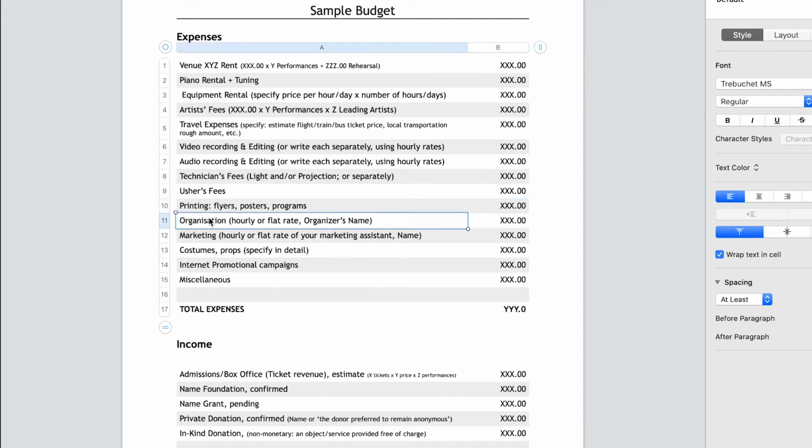Organization, this is the fun one. If you are the organizer, if you are creating your own event and promoting it and doing fundraising and administration, most likely you won't be paid as much as you deserve. Also, it's very nice to specify that you have put a certain amount of hours into your project for free.